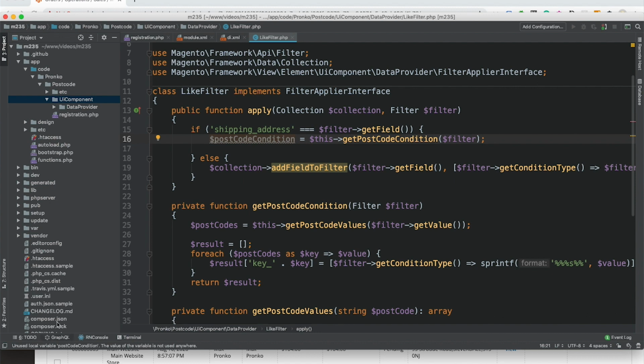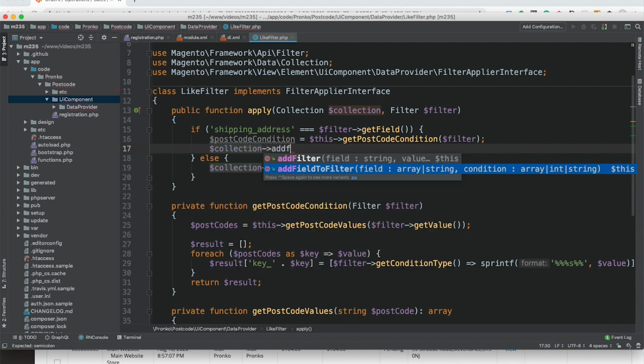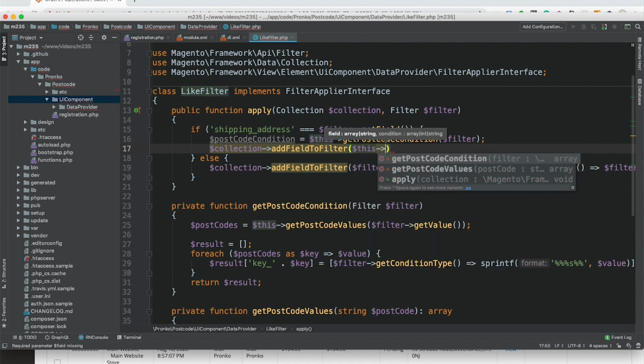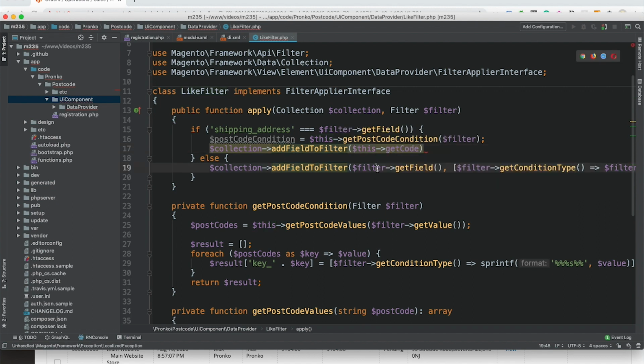method. The other thing we have to do here is we have to call a collection, add field to filter, and here obviously since we have a custom condition, it's not a simple condition, it's array of conditions. We have to prepare a field because we cannot pass just field get field.